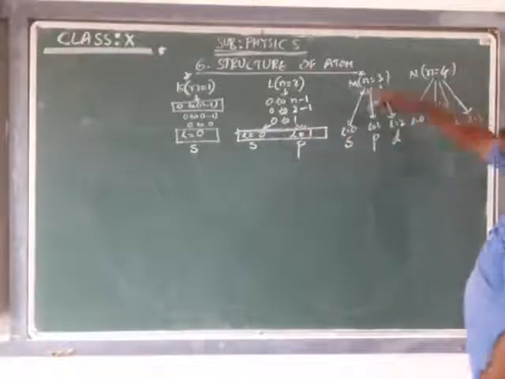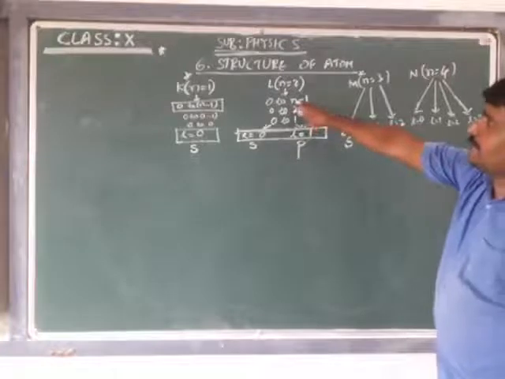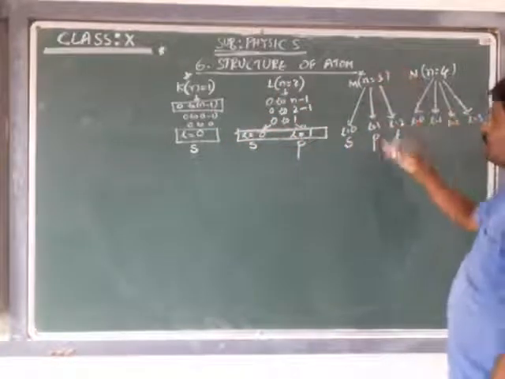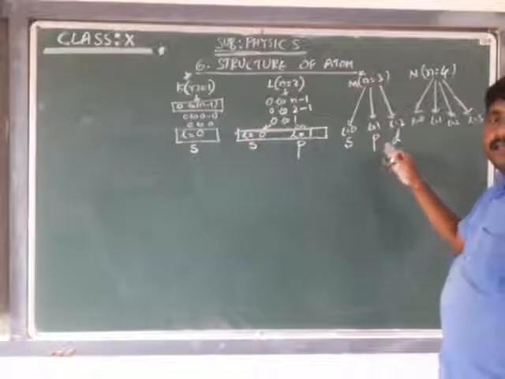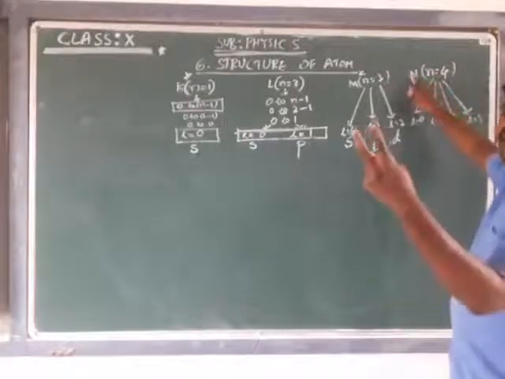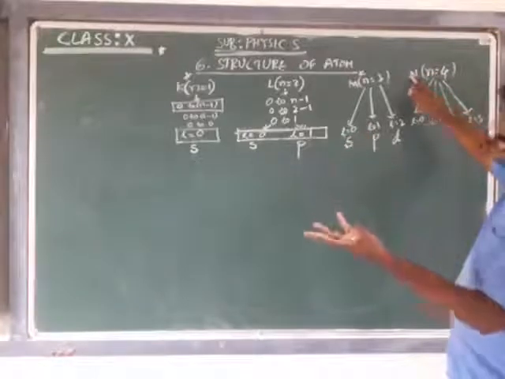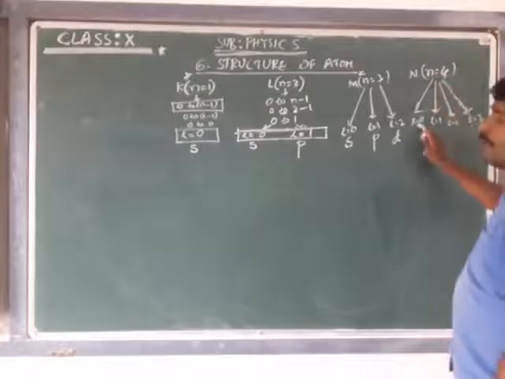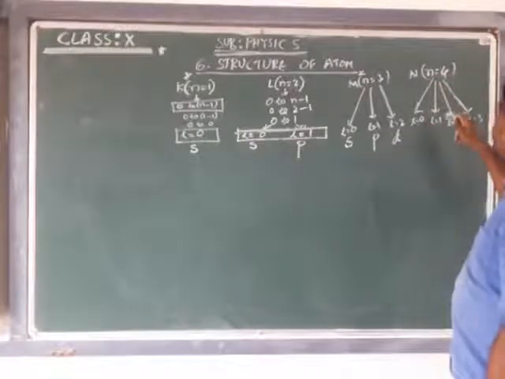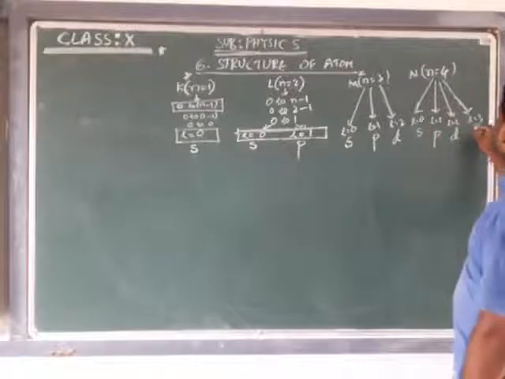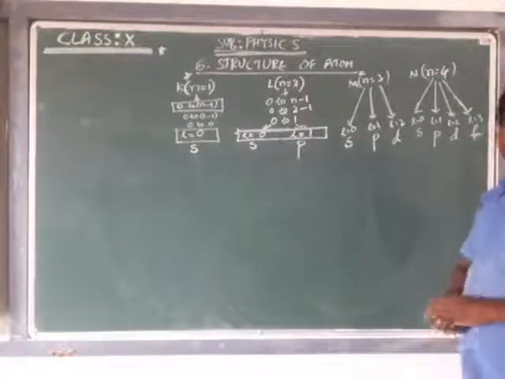How to determine this? That is the range. Actually, we are using the range formula, that is 0 to n minus 1. In short, based on the n value we can identify how many subshells can be possessed by a shell. Take n is equal to 4: K, L, M, N. The N shell is the 4th shell, so the principal quantum number n will be 4. How many subshells will there be? 4 subshells: L is equal to 0, L is equal to 1, L is equal to 2 and L is equal to 3. S, P, D and F. These are the 4 subshells.